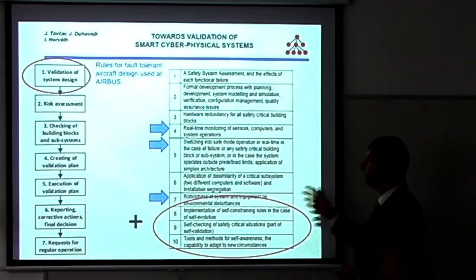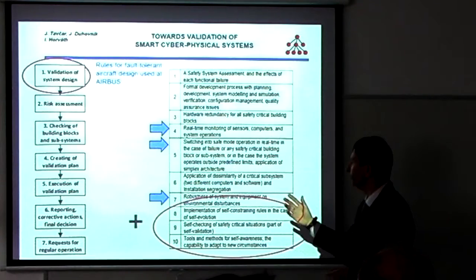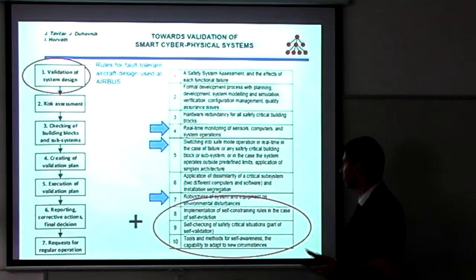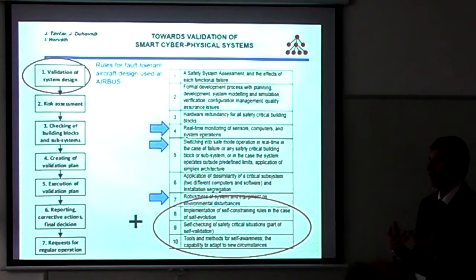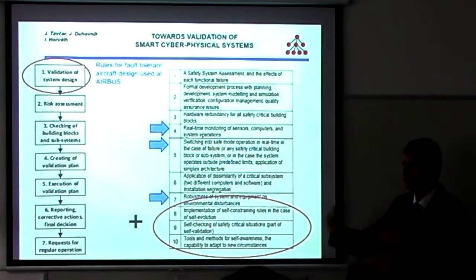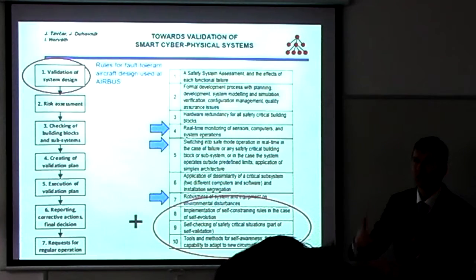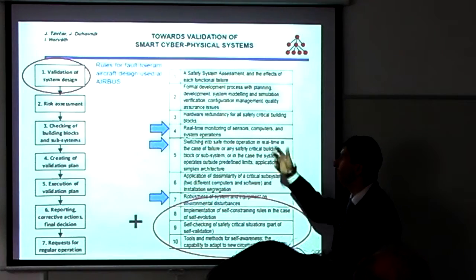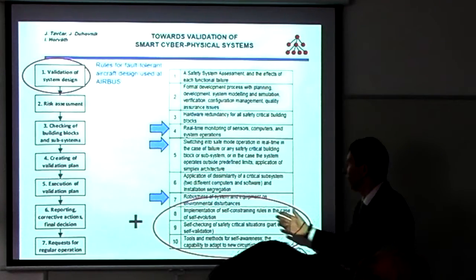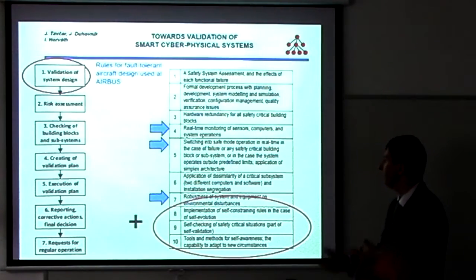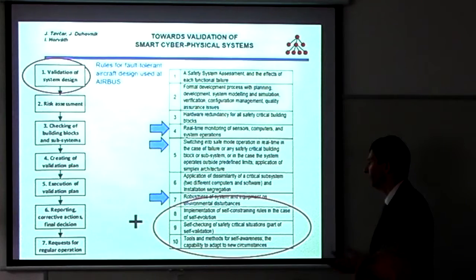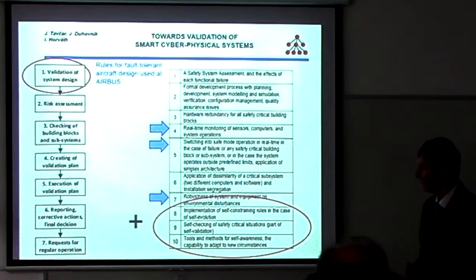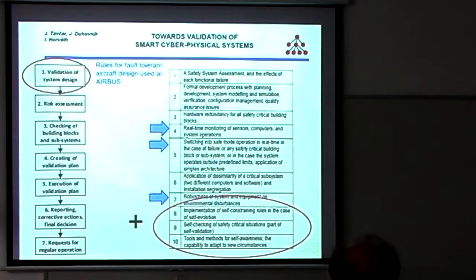Already when we are checking the design, we should be sure that the system has implemented self-constraining rules, because the system is evolving and it has to control itself in how it is evolving, and this needs to be checked. The system has to have the capability to react in safety-critical situations. It needs to have self-awareness capability, and it needs to adapt to new circumstances.